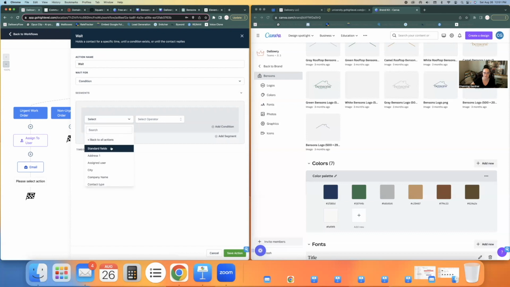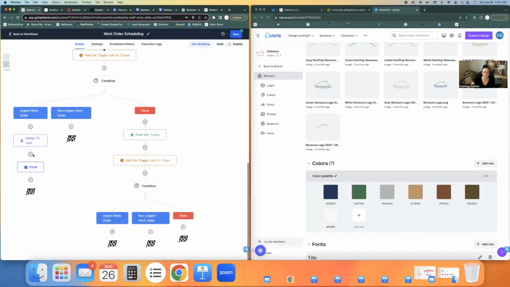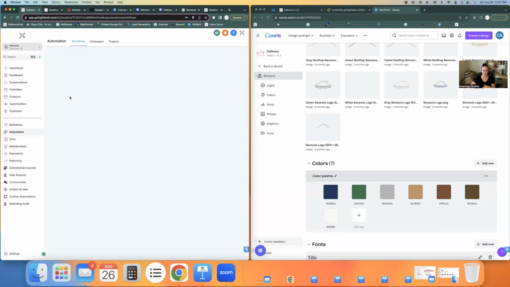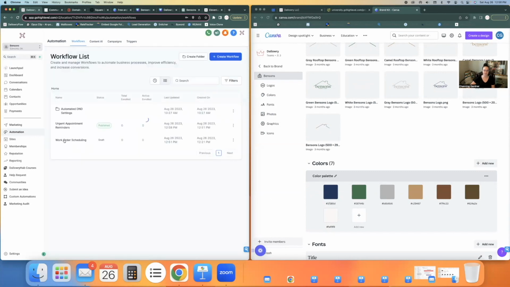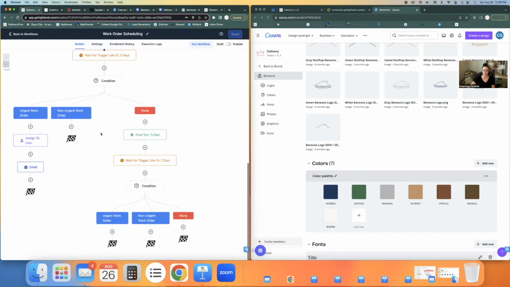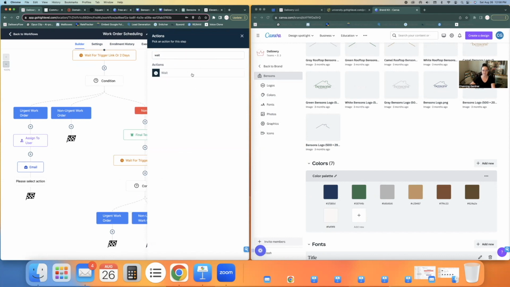So we can go contact details. And actually what I like to do with an appointment lookup is create an automation for it, right? So now we have a new automation to track. So when we're back here in the work order scheduling, right, we've sent them an email that says we're going to book you in 2 days. So we're going to wait